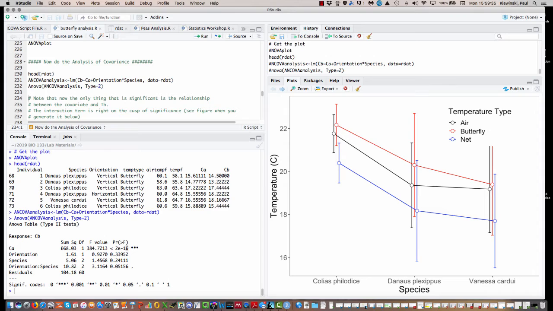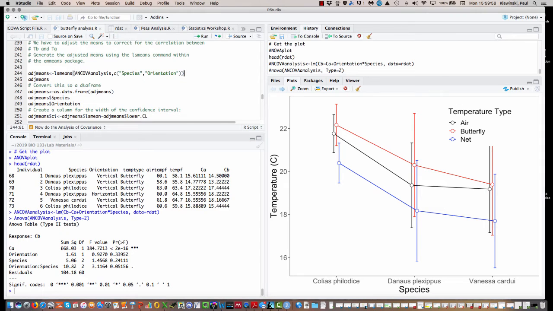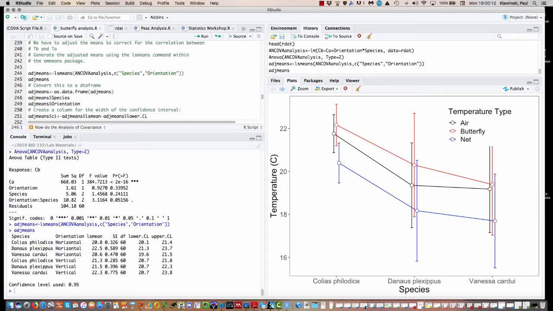And once you remove the effect of air temperature, all of the other main effects, orientation, species, and the orientation by species interaction, are no longer significant. But do take note that your orientation by species interaction is almost significant. What does that mean? So I wrote up here, it's on the cusp of significance. And what that means is that we have to use least squared means to calculate what the adjusted means are, to calculate what the average body temperature would be after we remove the influence of the correlation between body temperature and air temperature. So that's kind of a complicated thing here, but we just go and get the adjusted means